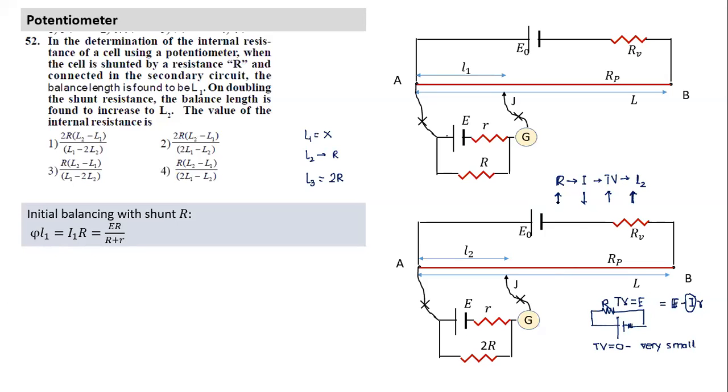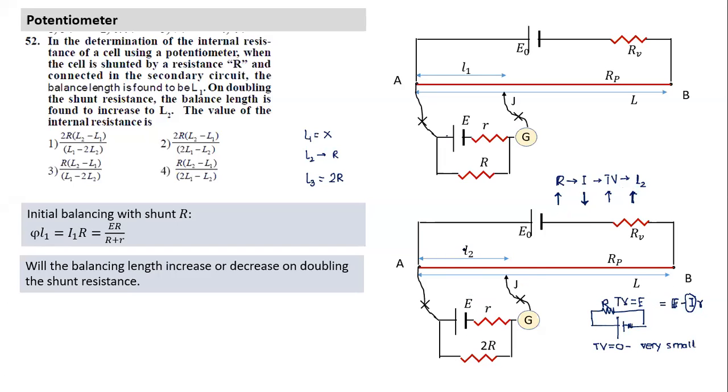Shravani, have you understood what I'm saying? Yes, sir. Why, when the resistance increases, would current decrease? What is I equal to? I is equal to E divided by total resistance. When the resistance increases, of course, current will decrease. Why would terminal voltage increase? Terminal voltage is equal to E minus IR. E minus a negative term, so this one will decrease, and that's L2. Though it is not necessary, it is good to understand what will happen to L2.